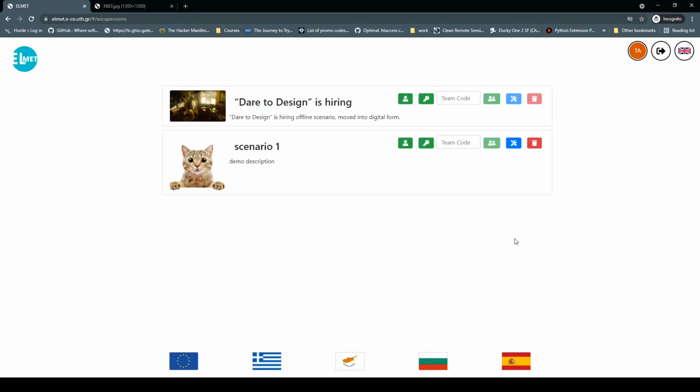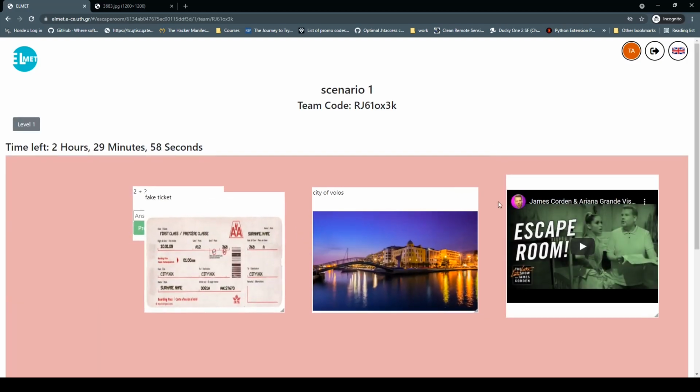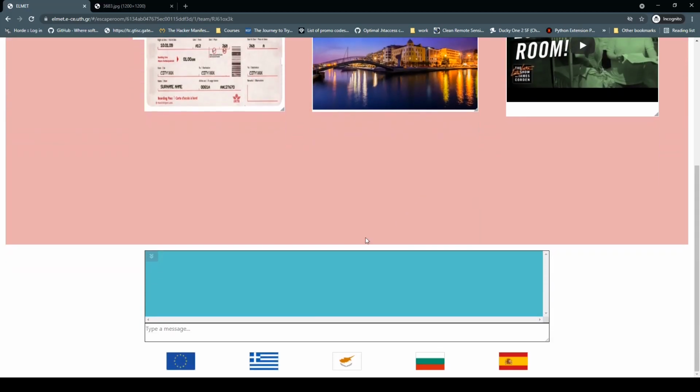Finally, we can also play with others as a team by joining a created one or creating one ourselves. To do that, we need a code, which we can create from the key button. Once we have a code, we can enter the team play. The team play mode works in the same way as the single player mode, but this time the progress is shared with the members from the chat. Here, once we find a clue, we can let our teammates know in order to progress their instance as well.